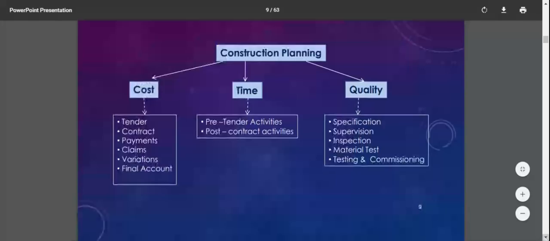In terms of time, this includes the pre-tender activities and post-contract activities, so we can predict the project period or the timing of each task included in the project. In terms of quality, it includes the specification, supervision, inspection, material testing, testing and commissioning, just to ensure that everything is in order.